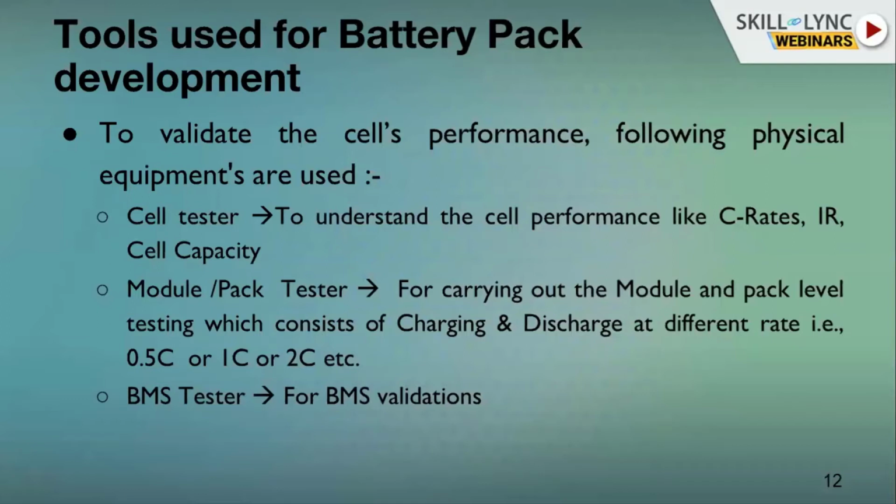So the BMS has a few slots allotted where the sensing wires are put on the cells at the hotspots. Usually when you do analysis, you'll understand what the hotspots are. So you will have to pick those hotspots, put your sensing wires there, and you'll understand when the batteries are operating, how much temperature is it raising. So is it well within your operating temperature limit or not? And if it is not, that's how you'll have to see your thermal interface materials or thermal management there, so the heat is dissipated from that. So you'll have to put the sensors at the hot spots, so that you'll detect the temperature there.